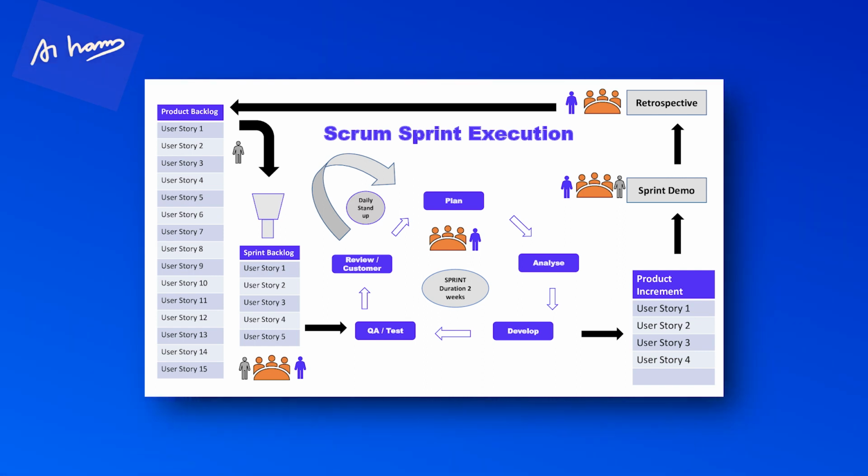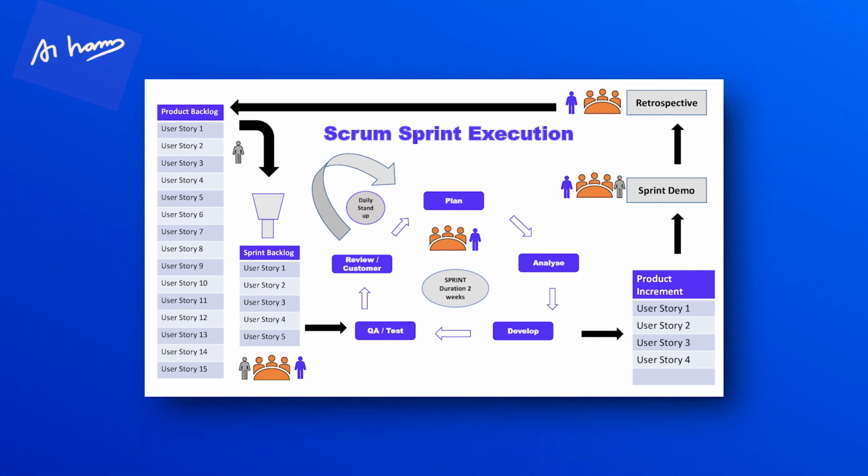Now, at the end of the sprint, what happens? In the sprint, we plan, we analyze, we develop, we test, and we review with customers. At the end of the sprint, we are giving you the product increment, right? A demo is done, where again we have the product owner coming in, and then the users, the Scrum Master, and the development team. The team demos the product that has been built. Now we take feedback from them, and then after that we have the retrospective. After the retrospective, if we figure out that something is missed or not done completely, we'll put that back into the product backlog. So that's the entire flow of the sprint in Scrum.